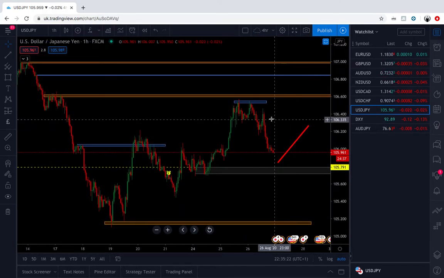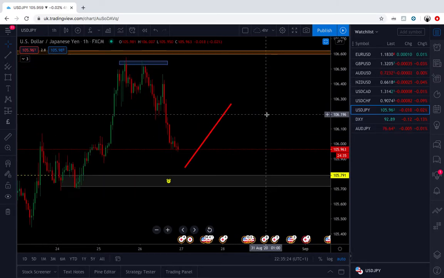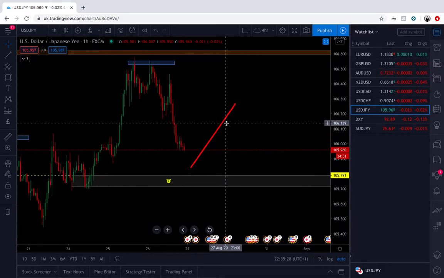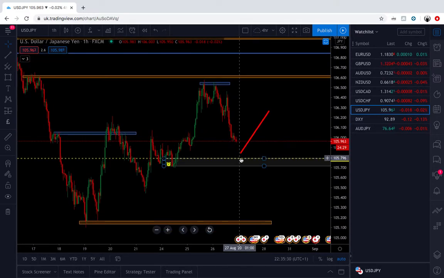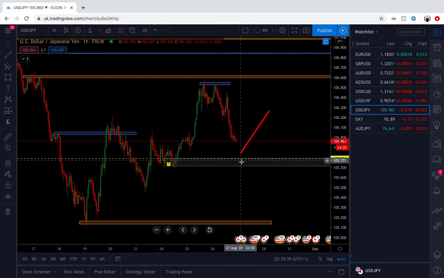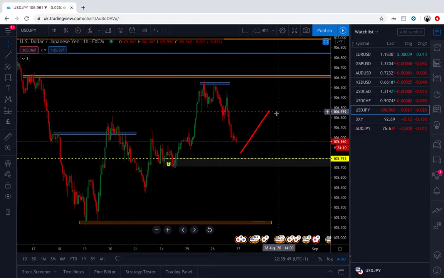So with UJ, what I'm looking at is, if I get any reversal signs around here, I'm looking to buy this market, possibly TP somewhere around 106 250, somewhere around here. Entry around 105 790, 800, somewhere around here, if it gives a reversal sign, of course. That's my UJ